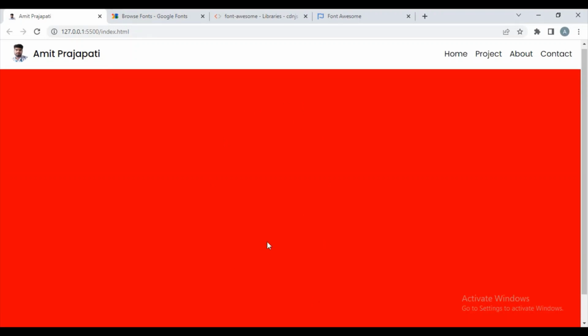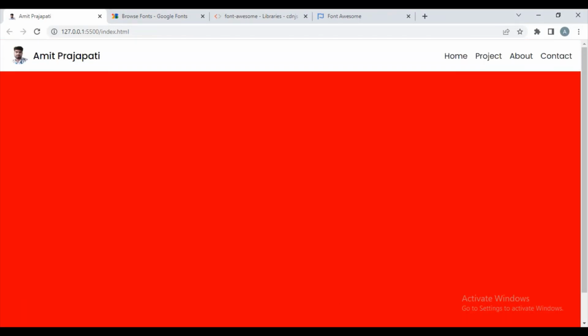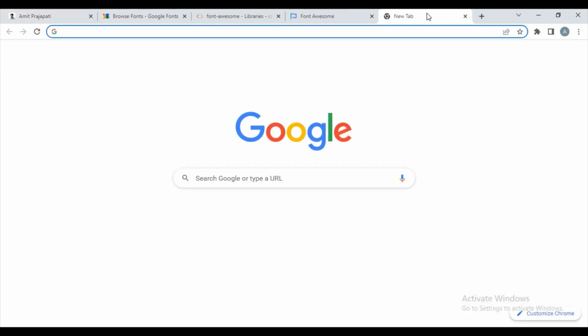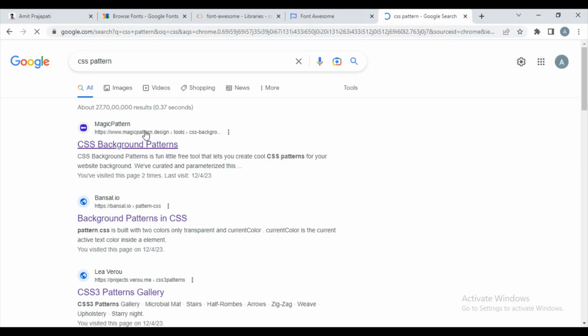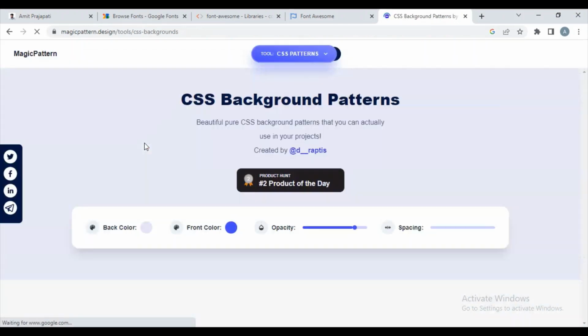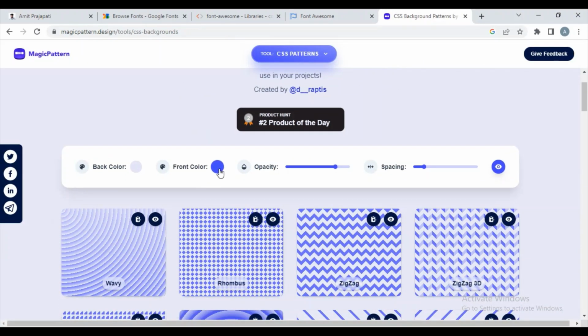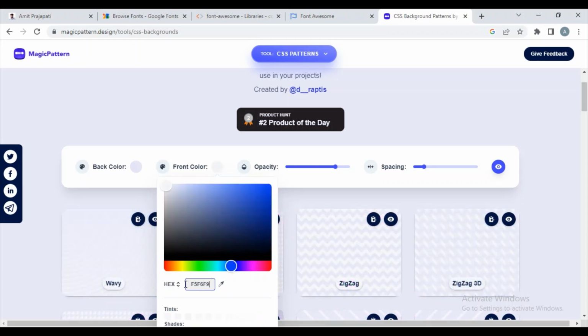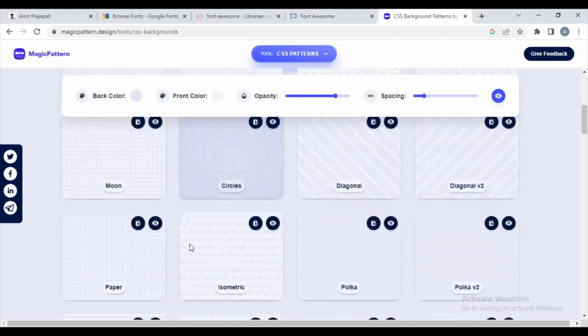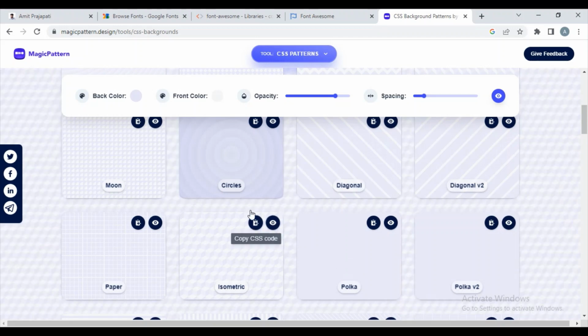Here you can see this much taking height. Now I will add some pattern here. Go here and type CSS pattern and this magic pattern design. After that, here I will change the color. I will give the color #f5f6f9. Yeah, like that, and I will select this pattern, click on this eye icon, and I will increase this opacity,